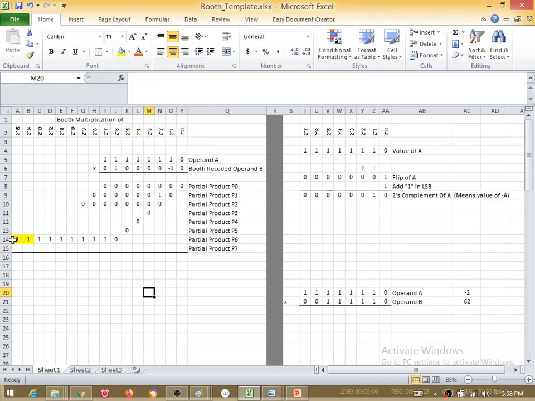I am highlighting it so that you remember. Over here also, for example, we have to sign extend. But what is the MSB sign that you will have to extend? Obviously it is going to be all zeros. So I really don't need to consider them because they are simply zeros. They are not going to affect my summation process. That is why I did not sign extend all of these with a 0.